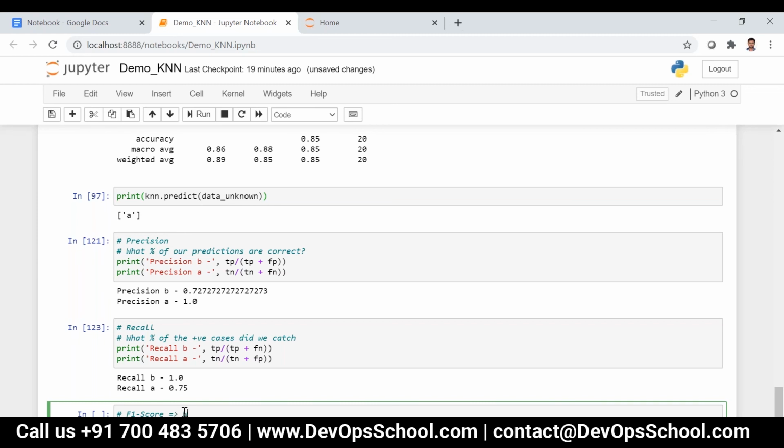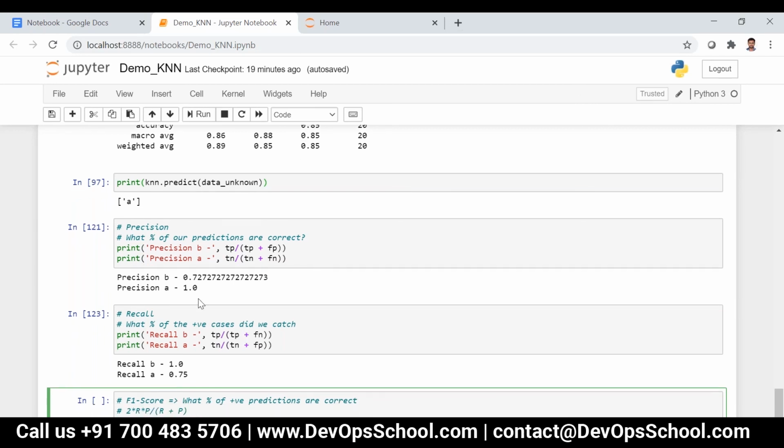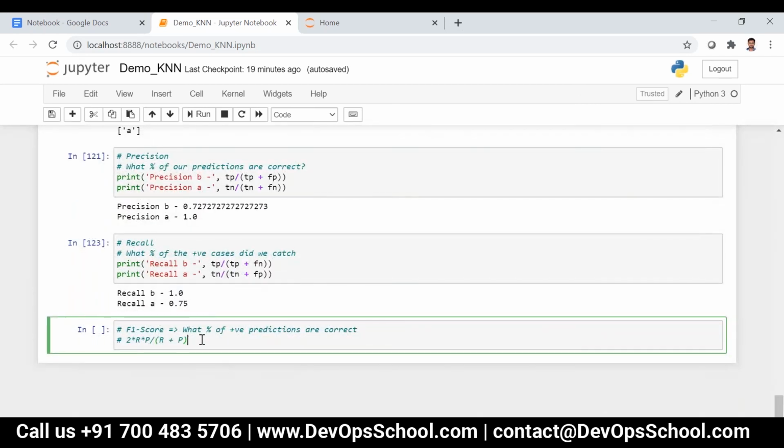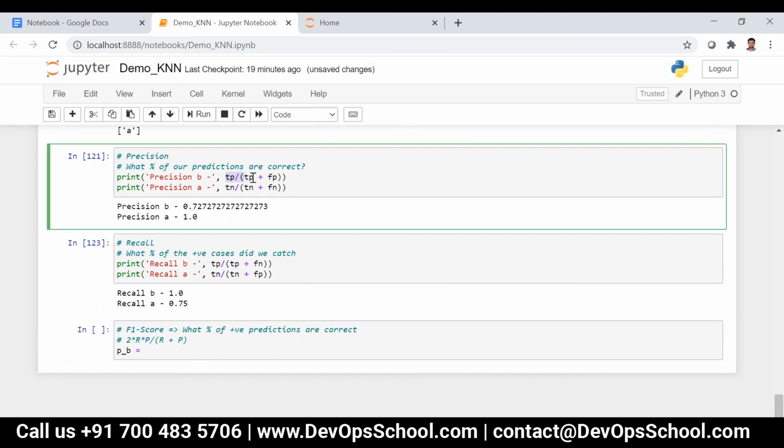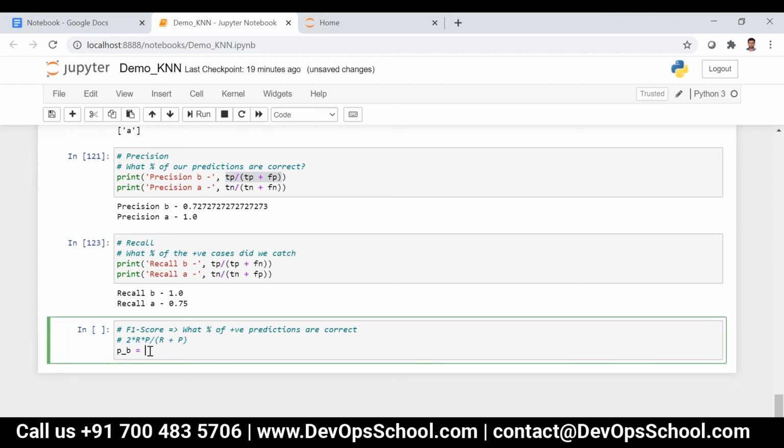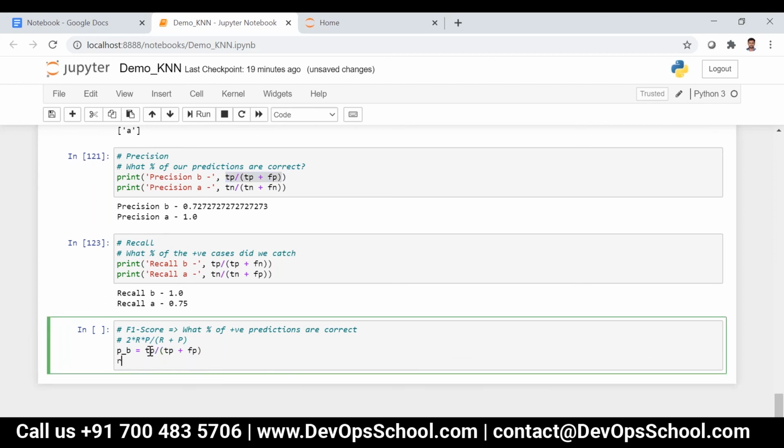It tells what percentage of positive predictions are correct. So in this case, let me just do it for B. Precision_B is nothing but this one, and then recall_B is nothing but this one.